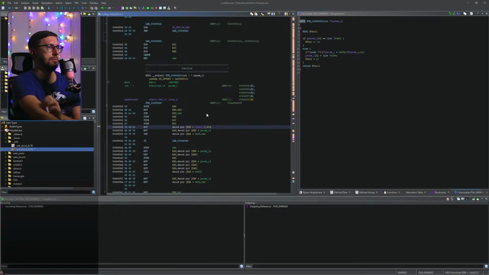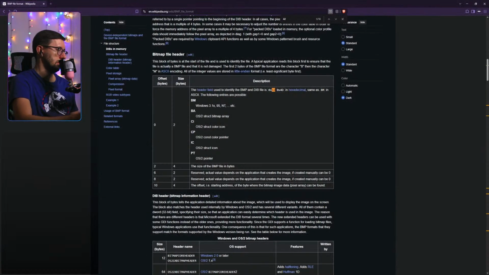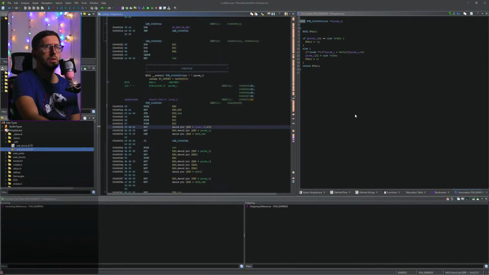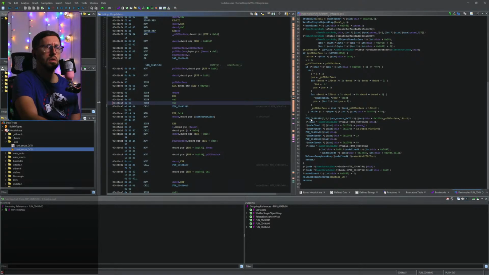It uses ECX to store it in the local variable. It looks like a fast call for me, as then calling conventions, because in this function